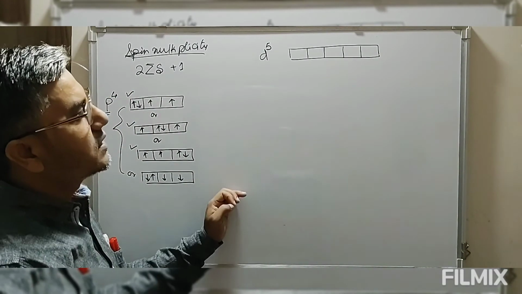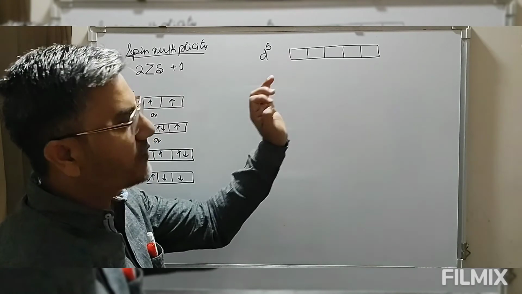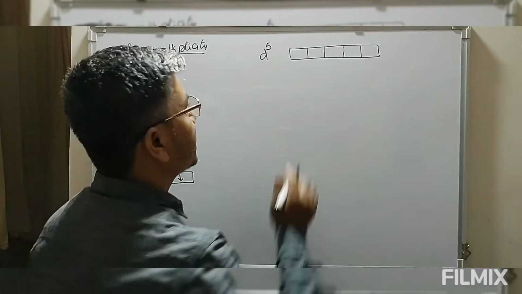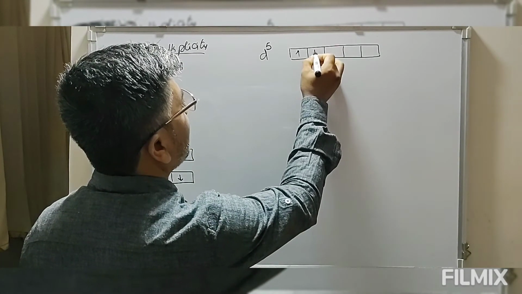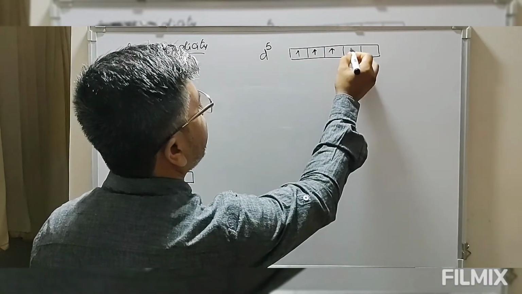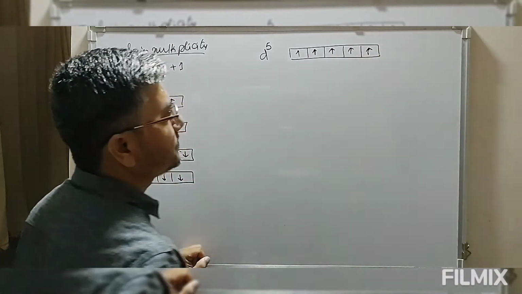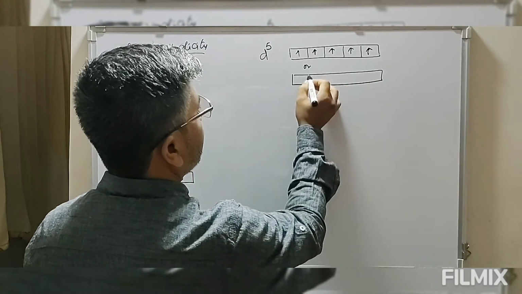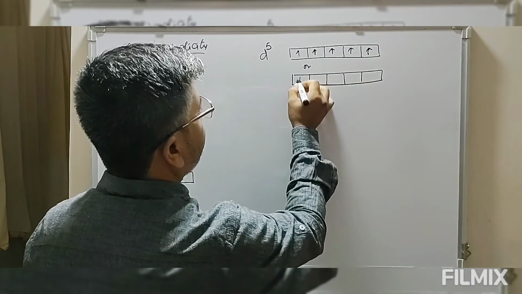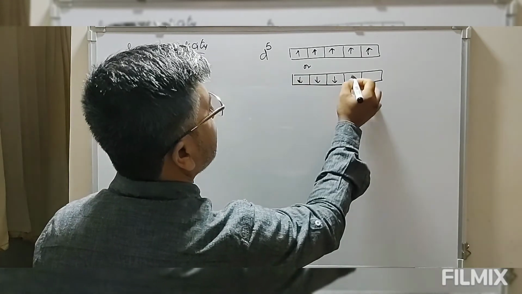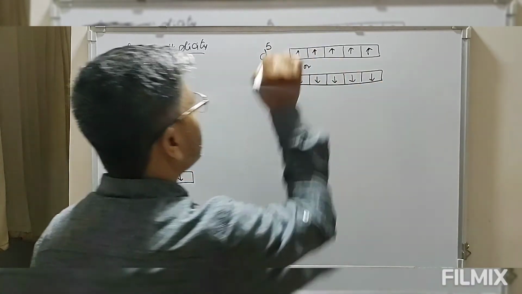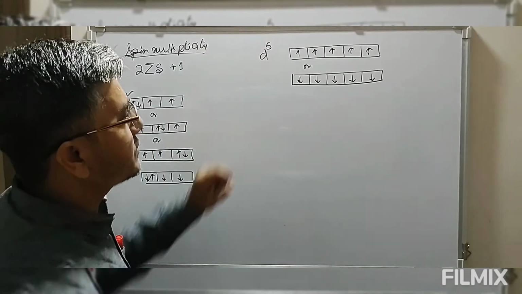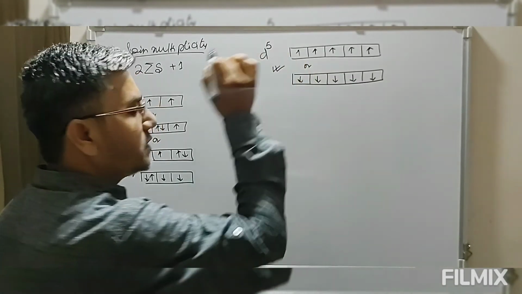Then the rule says the 5 orbitals should first be singly occupied with the same spin quantum number. So we have placed one electron in each of these 5 degenerate orbitals, or we can have negative spins. Any other arrangement of electrons other than these two is not allowed